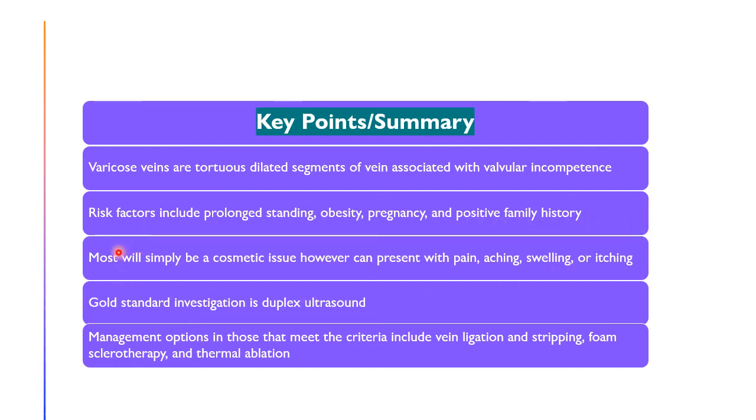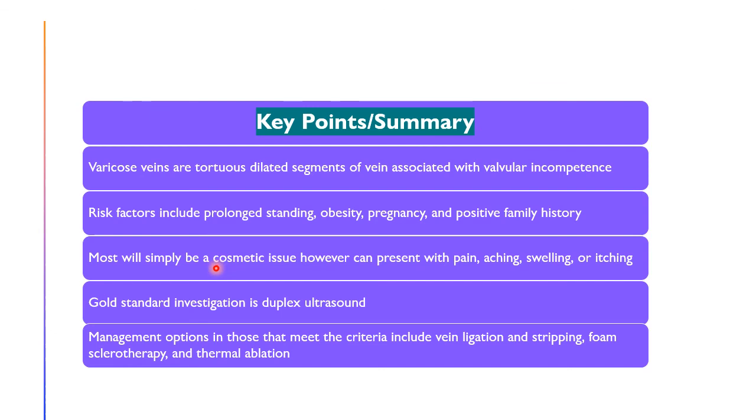Thirdly, for most patients, it will simply be a cosmetic issue. However, it can present with pain, aching sensation, swelling or itching, then some form of treatment will have to be given to the patient, either